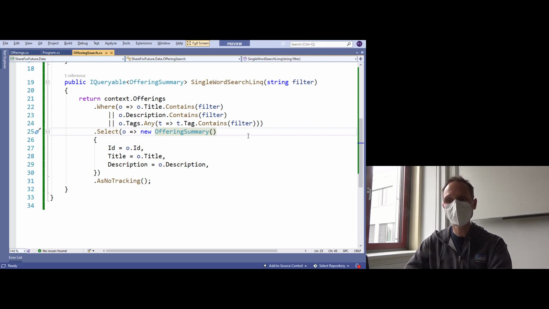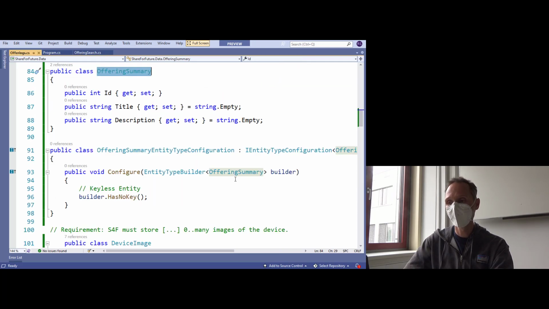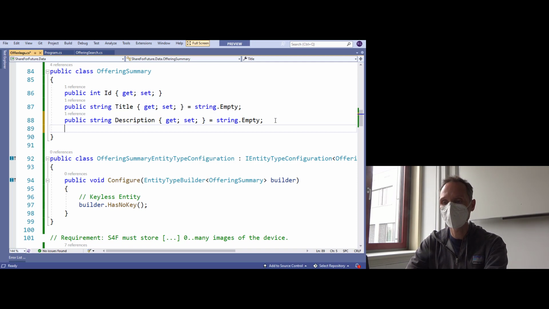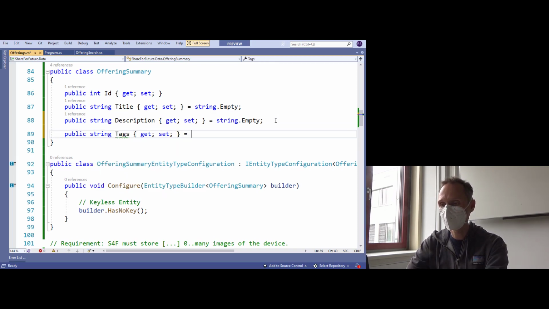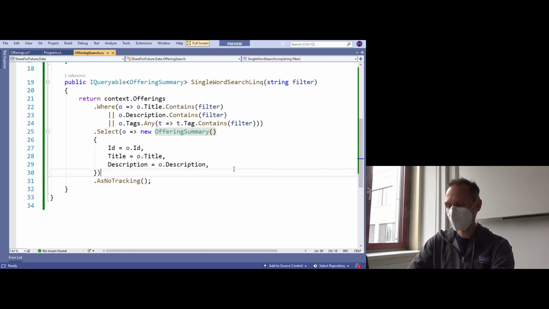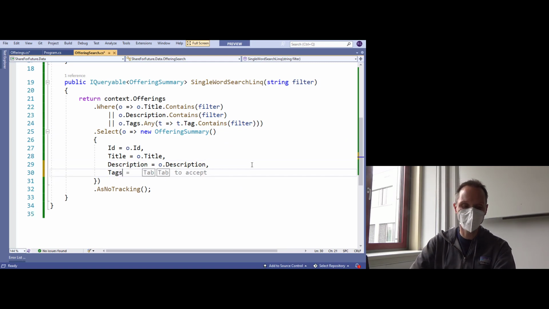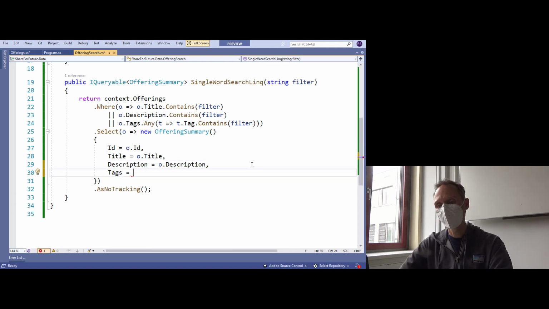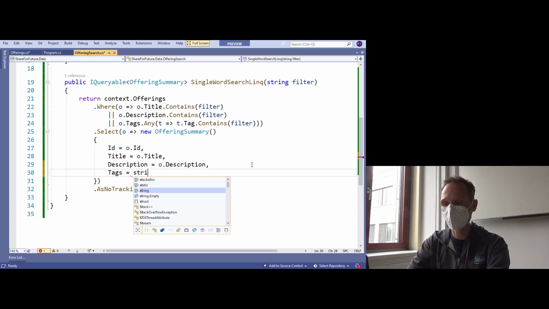And it turns out that this is surprisingly simple. Let me show you how that works. First, we add a new property. Here, a property, let's call it string Tags, and give it a default value. This is just string.Empty. So now, inside of the offering search, we can simply say Tags equals. The question is, how do we get it? And luckily, C# and LINQ support an operator which is called string.Join. So what I can say is string.Join,